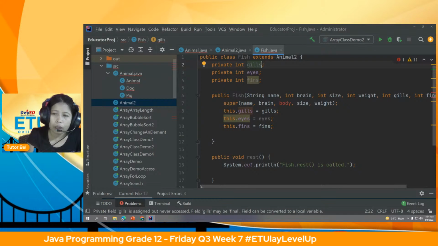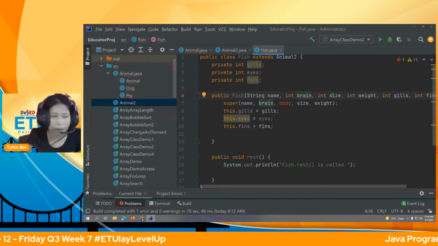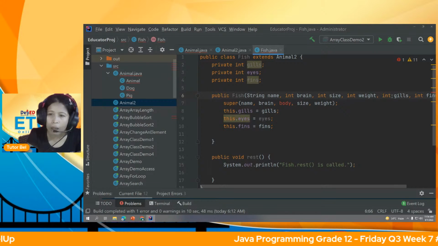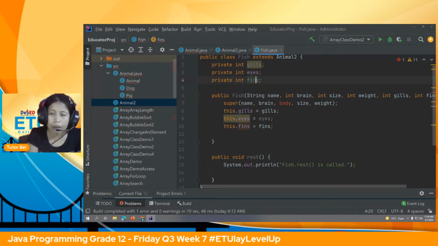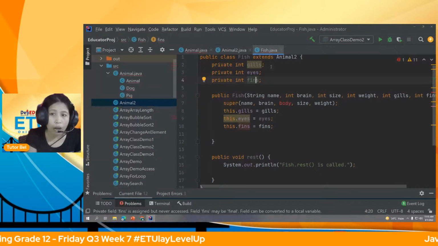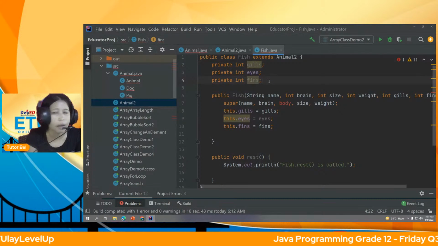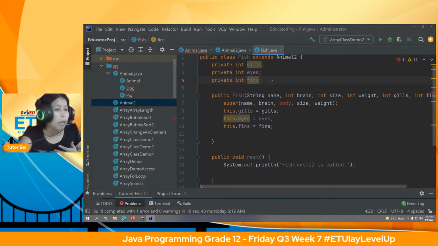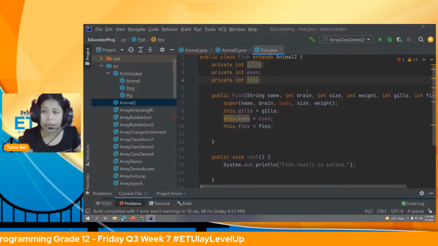the fish could have brain, the fish could have a size, the fish could have weight, pero meron siyang sariling attributes na wala doon sa mga ibang: merong gills, no? Merong eyes, merong fins ang fish. So kaya i-declare po natin yung attributes niya na meron lang siya. And then, pwede na nating i-inherit yung iba, like the brain, the size, the weight,